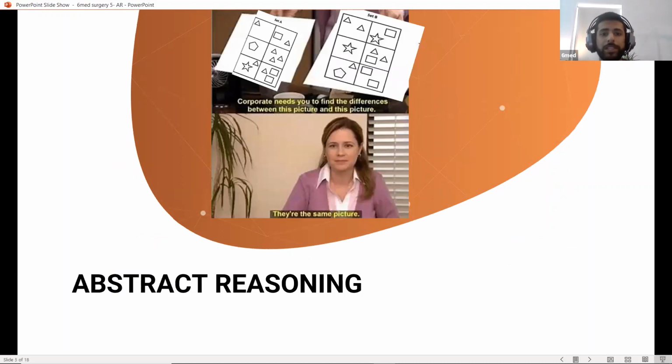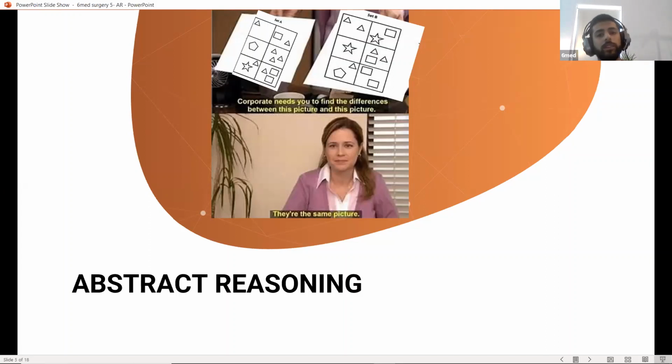Abstract reasoning is one of those sections where, as I said, it tends to polarize people. I think the best approach is to find a process, some sort of algorithm that works for you. Apply that to timed questions, and then it's about doing questions over and over again until it becomes second nature. That's really the only way to go about this section, because it's about developing pattern recognition.